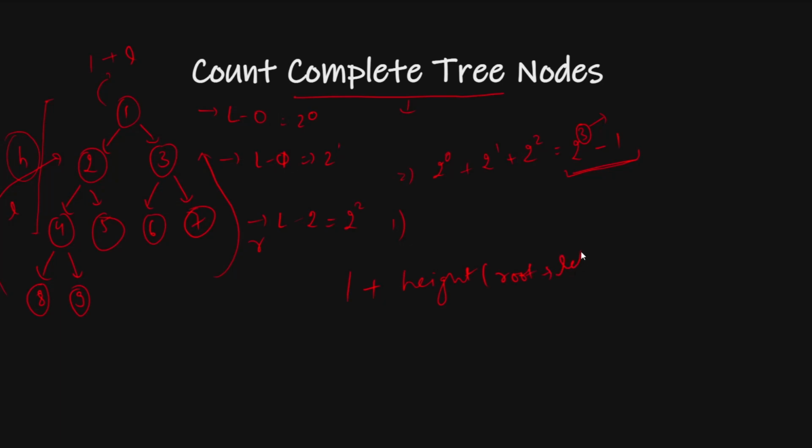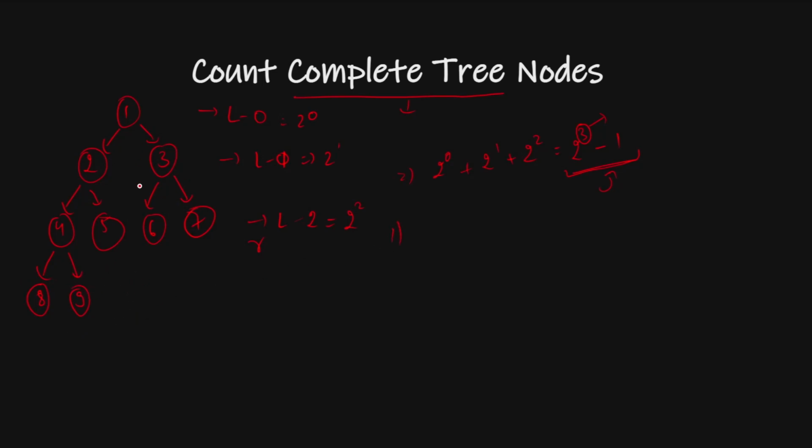So what will be the time complexity of this? The time complexity will be O of log n, because we are not going through the entire binary tree, we just go to the left side. Now once I find the height in O(log n), how can I solve this problem? If I know the height, then with the help of this formula I can find the number of nodes. But the only thing is how to find the number of nodes in the last level. For that, I will use those two possibilities.